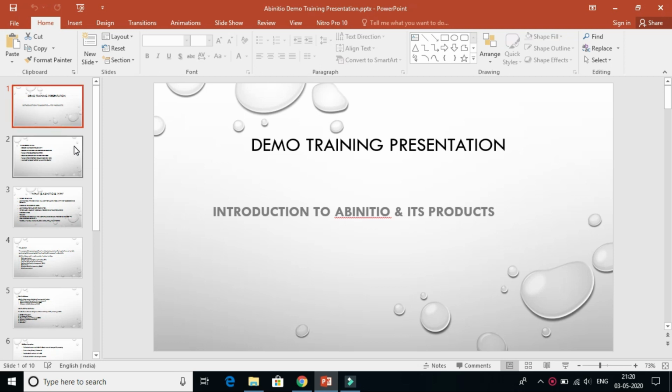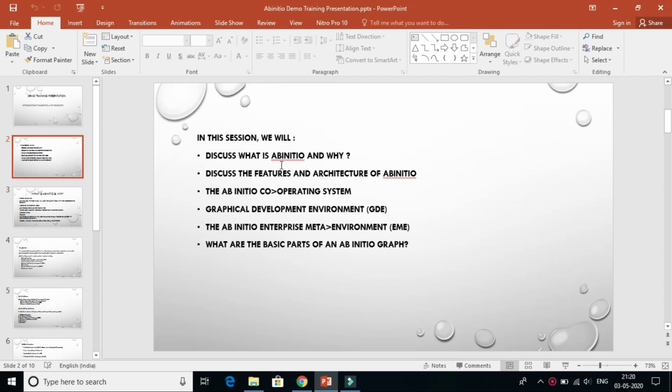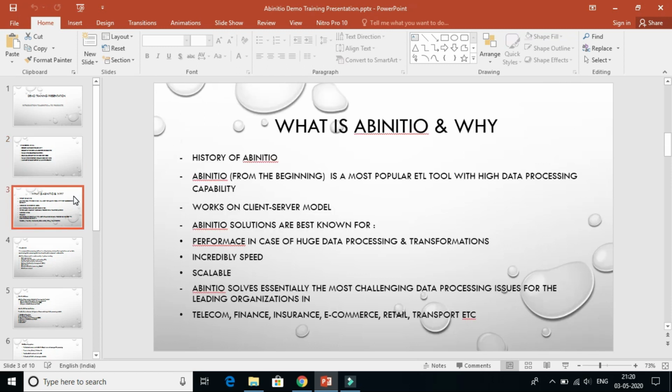To start with, first let us see what Ab Initio is and why, discuss the features and architecture of Ab Initio, and what the Ab Initio Co>Operating System, GDE, the Graphical Development Environment, and EME, the Enterprise Meta Environment, are, and what the basic parts of an Ab Initio graph are. So what is Ab Initio and why?